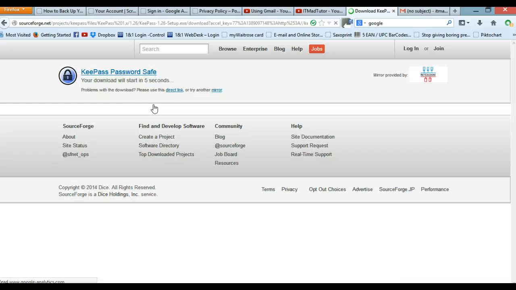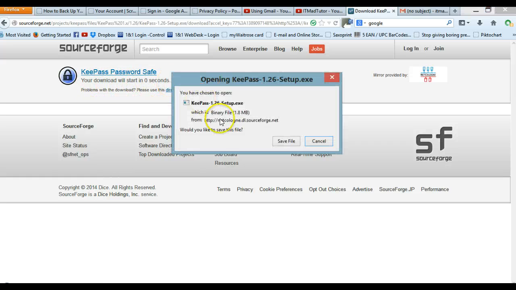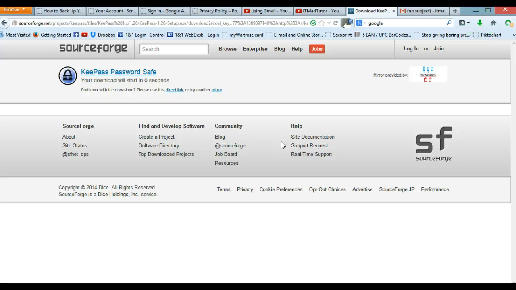and what will happen is it takes me to a download page, and as you can see, it says my download will start in 1 second. And as soon as you get this pop up, you need to save your file. So that will save to my